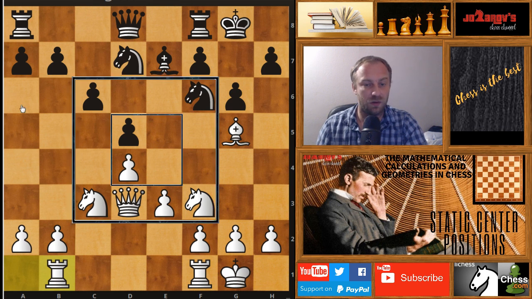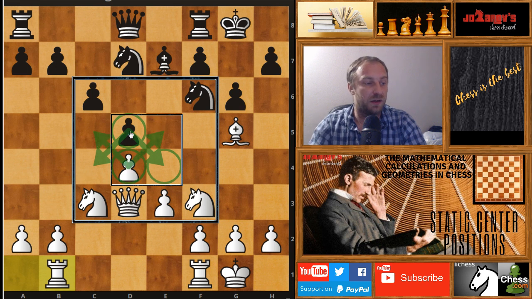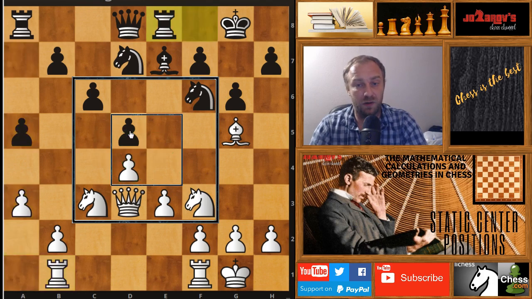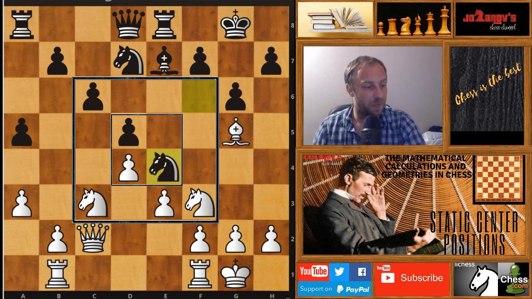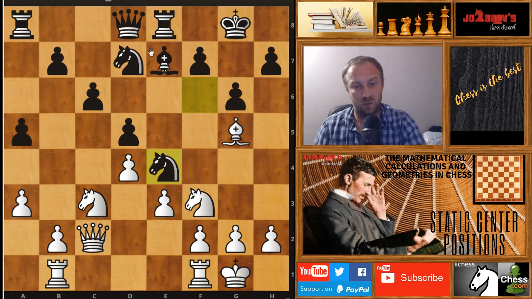So as said, you can see that we have now this static center. So our main goal is to occupy these central squares here in the center. So let's see how both black and white proceeded in the game. a5, a3, rook on e8, now queen on c2, and you see now knight on e4 is finally possible here by black, because we have some support by the rook on e8, bishop takes on g7, queen takes on g7,